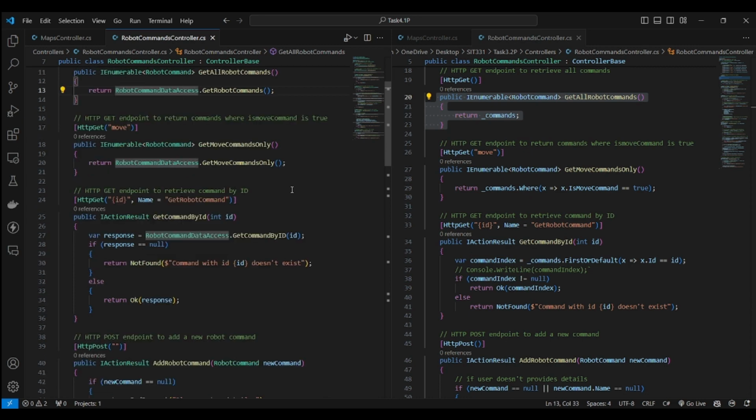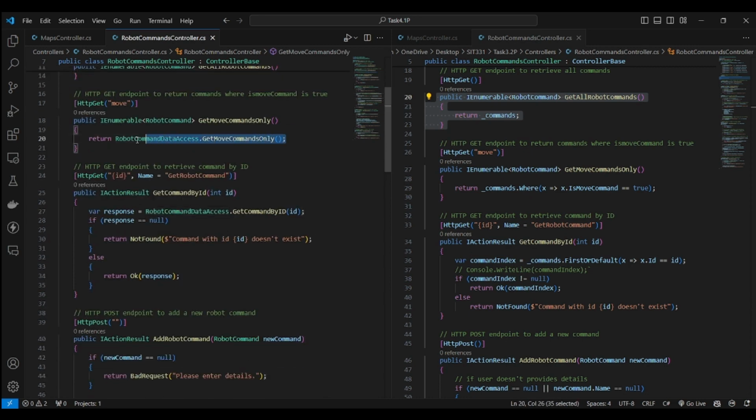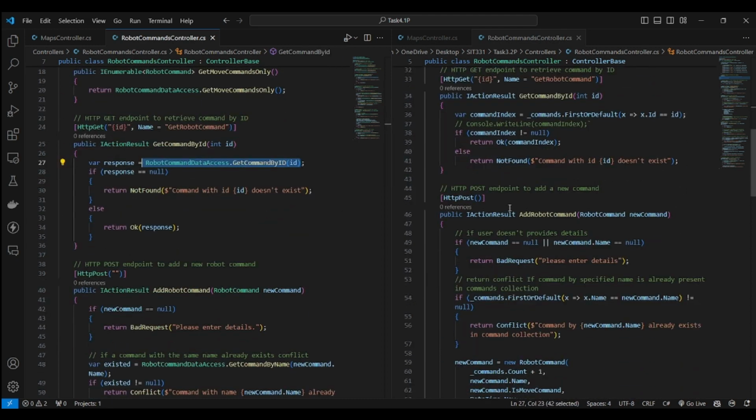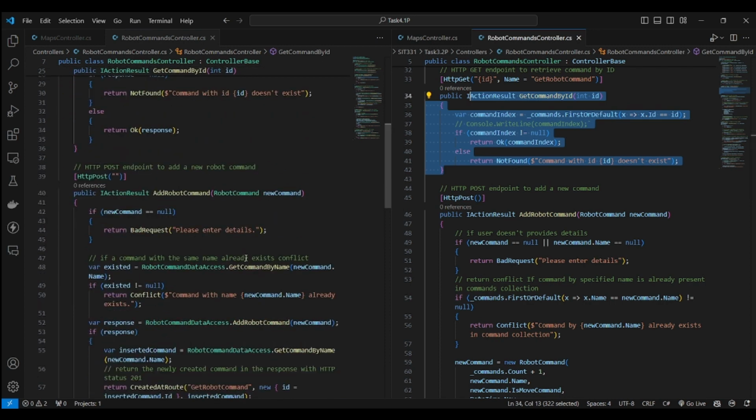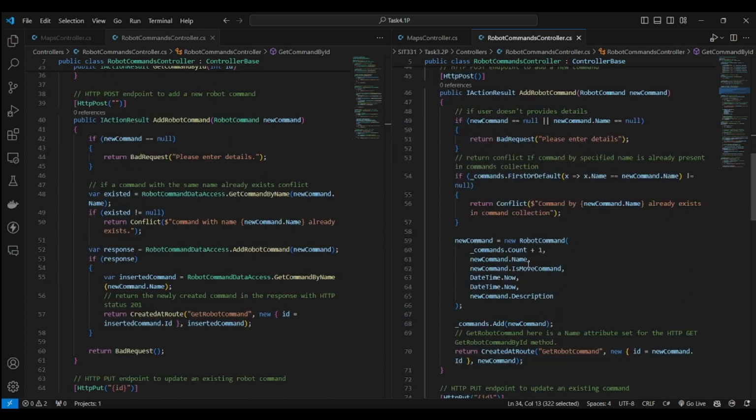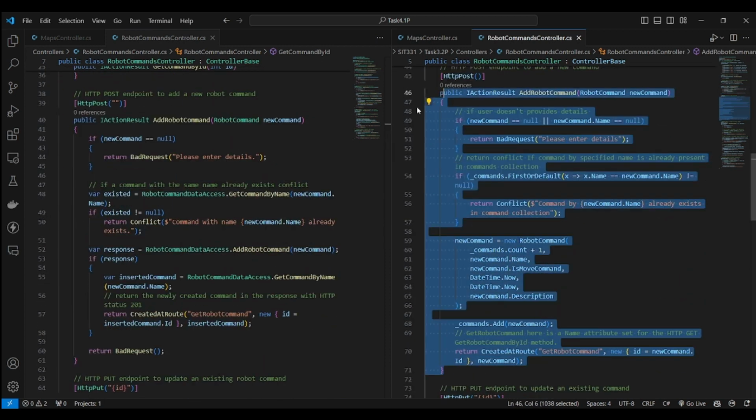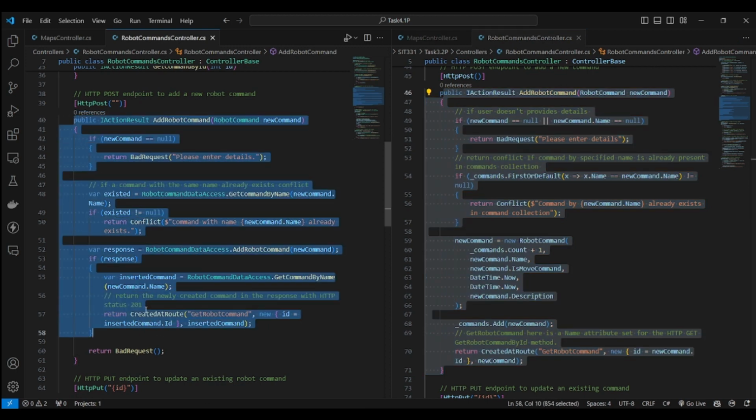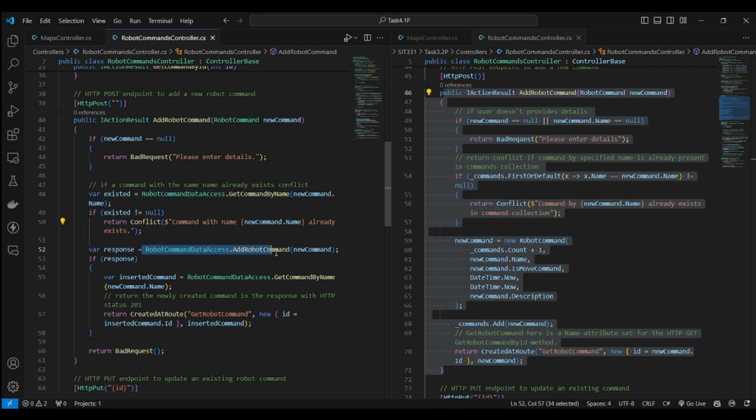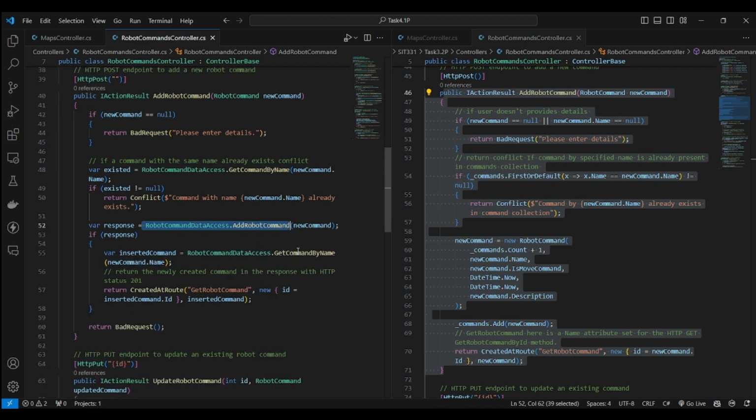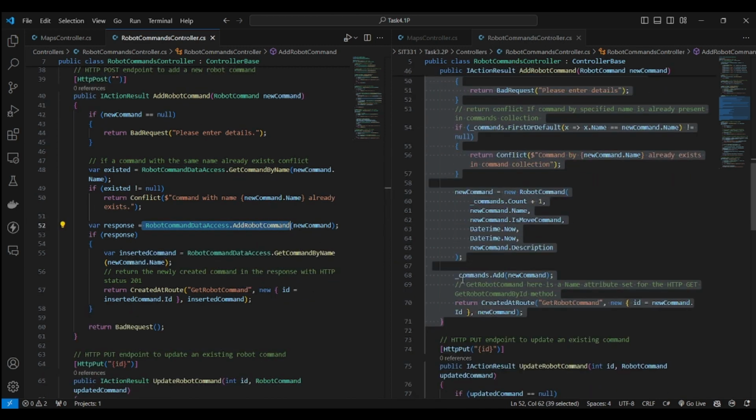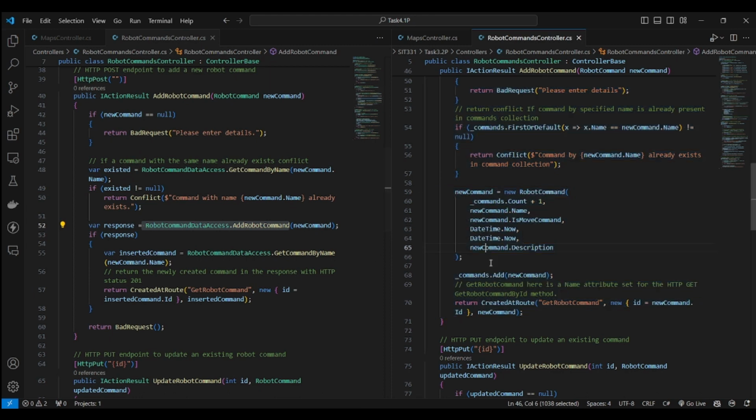using the persistence layer. I followed a similar approach for other endpoints in the robot command controller, replacing the logic that interacted with the static list with calls to the appropriate methods from the robotcommands.access class. For example, in the addRobotCommand method, I replaced the code that added a new command to the static list with the call to robotcommand.access.addRobotCommand(newCommand). I also updated the error handling and response code based on the return values from the data access